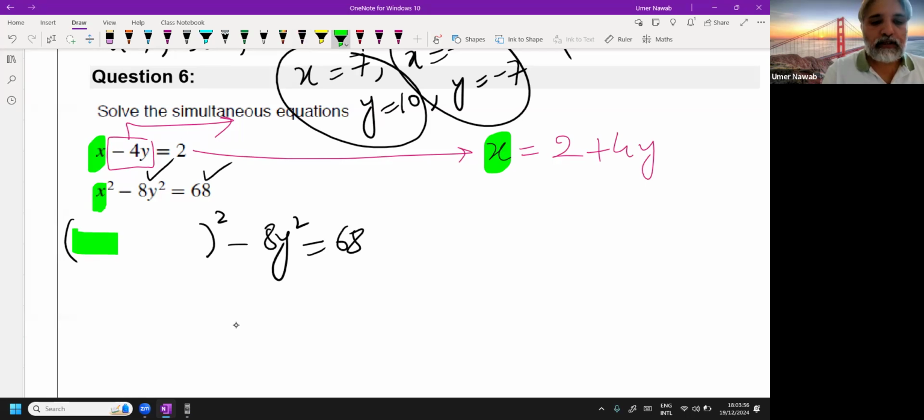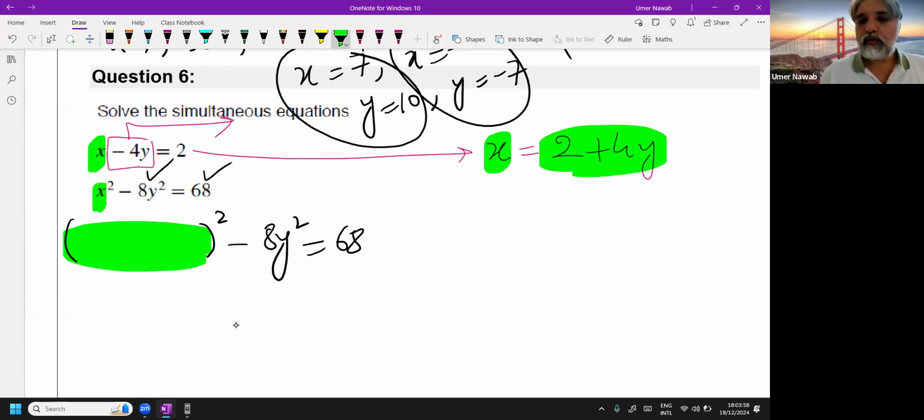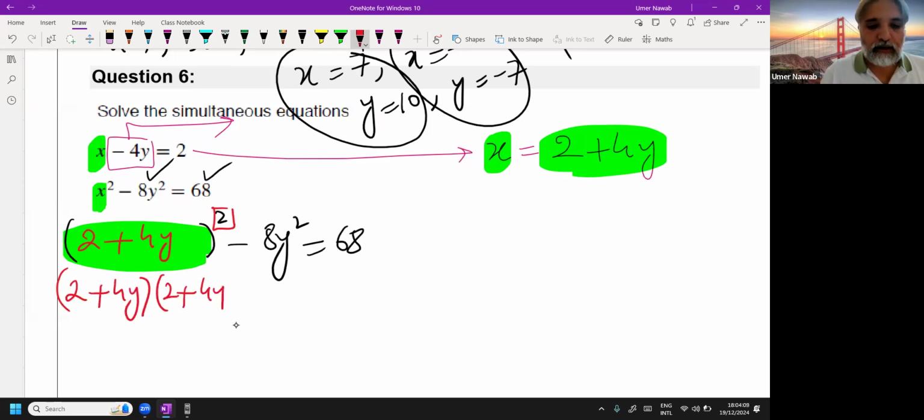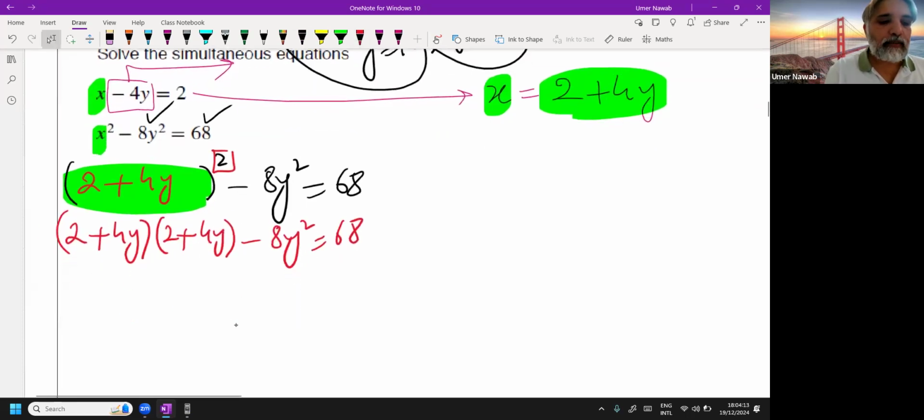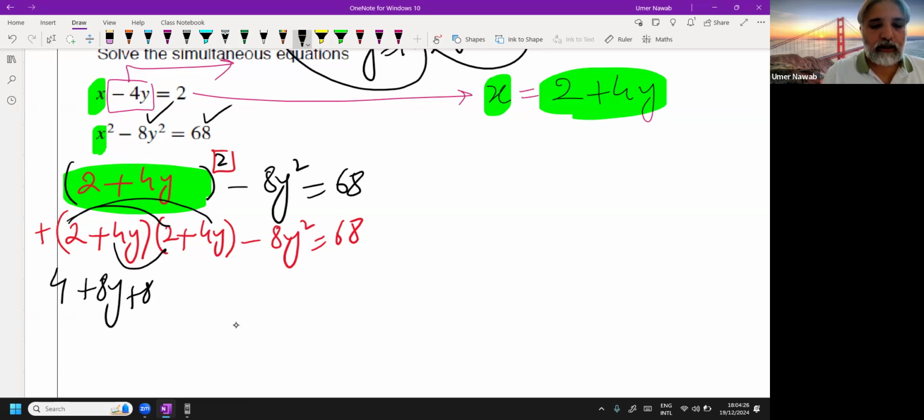Now in the place of x, I'm gonna copy now 2 plus 4y. Since there is a square, so 2 plus 4y, this bracket, same bracket, will be multiplied twice. Now outside there is a plus sign. No need to write the bracket open and close. Ignore it. I'm just going to multiply 2 times 2 is 4. 2 times 4y is 8y. Then 8y. Then 16y squared. Negative 8y squared is equal to